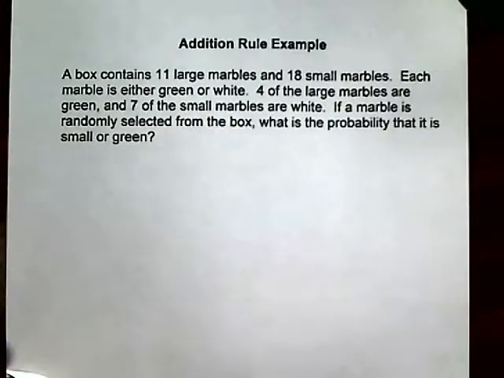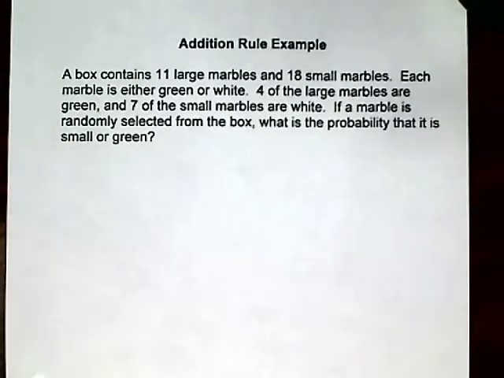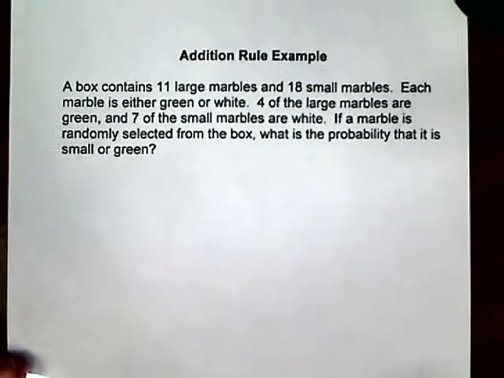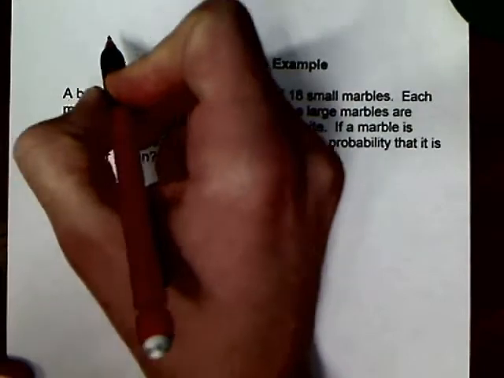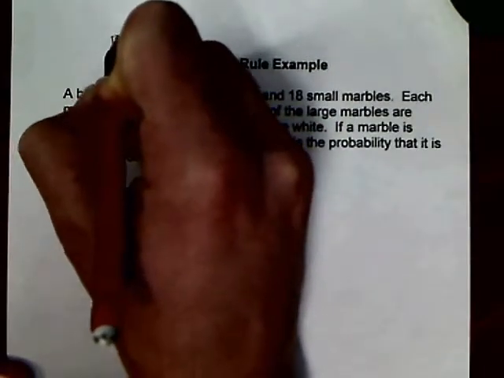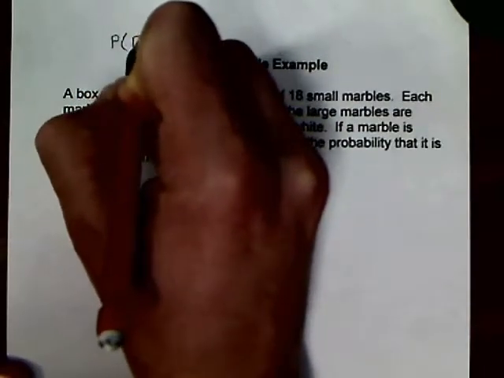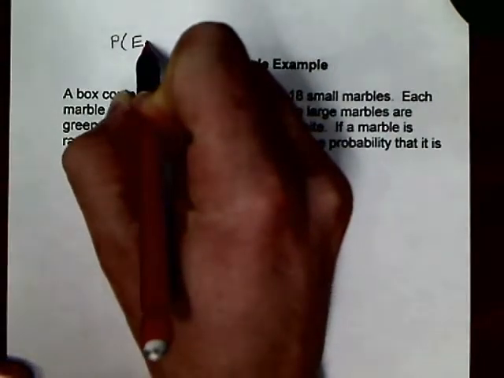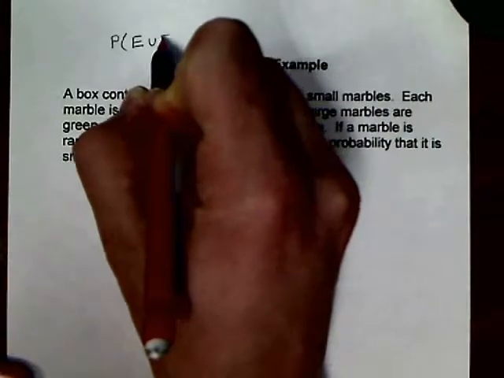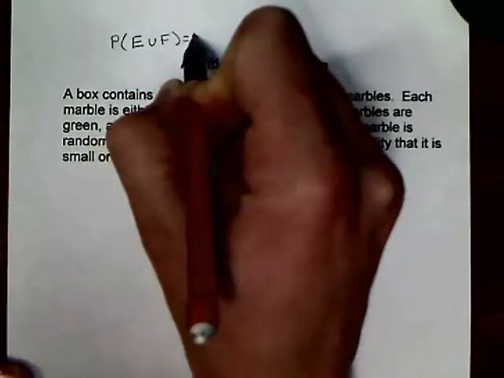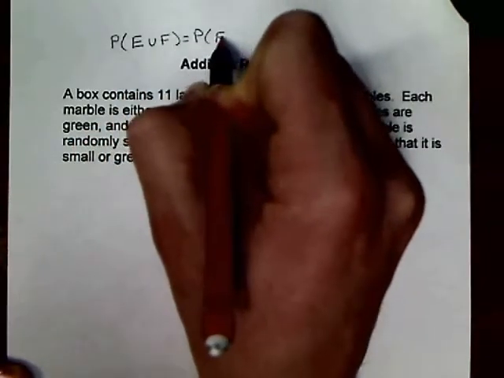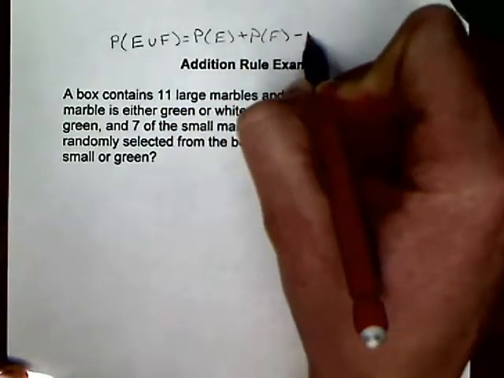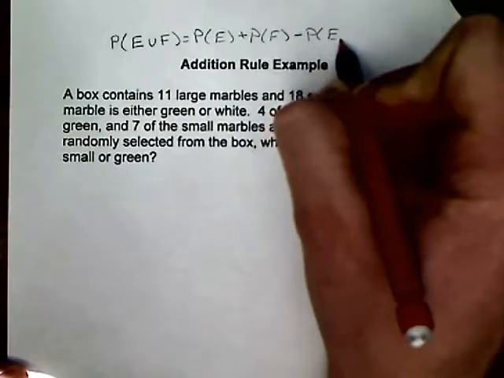Well, hello again. This is an example illustrating the use of the addition rule. Hopefully, up to this point, you've read about the addition rule and noticed that it basically says, just to refresh us, that if I have two events, say E and F, the probability of E union F is equal to the probability of E plus the probability of F minus the probability of the intersection of E and